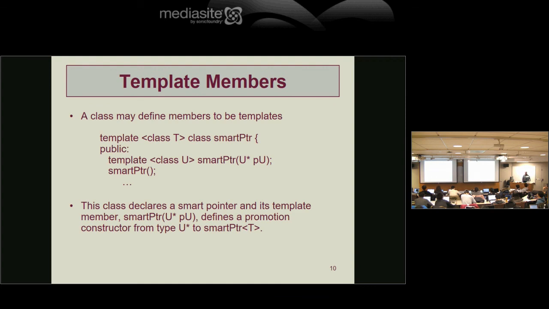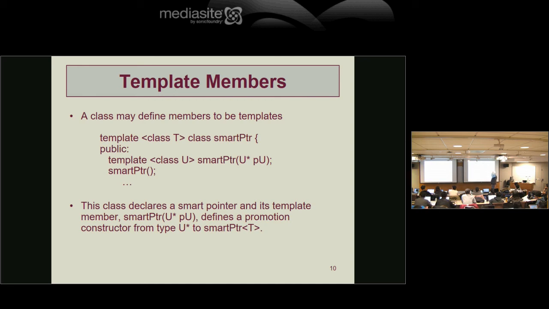Template members. Here, a class may define members to be templates. So this is a smart pointer that will point to objects of type T. And the smart pointers, normally what they do is when they go out of scope, they delete that thing from the heap. Now, I may want to convert a smart pointer that points to a U to a smart pointer that points to T. Now, that'll only work if U is convertible to a T, but a lot of times it is. And so this allows me to build a template class that happens to be a promotion constructor,